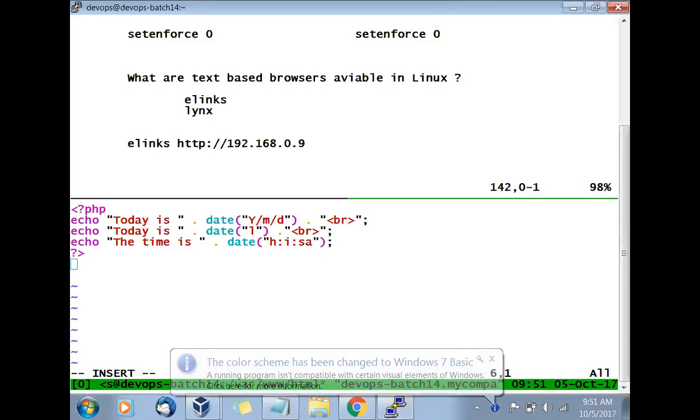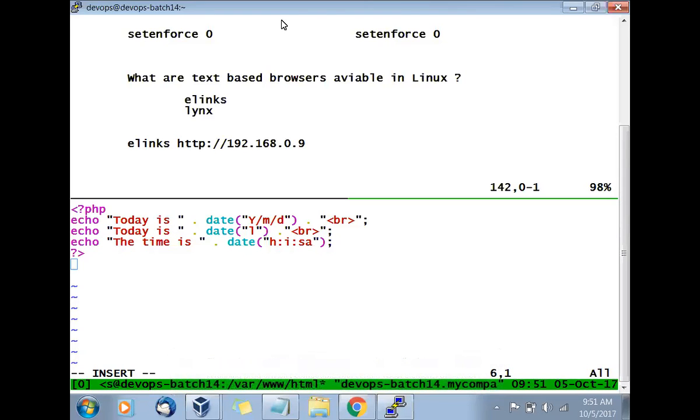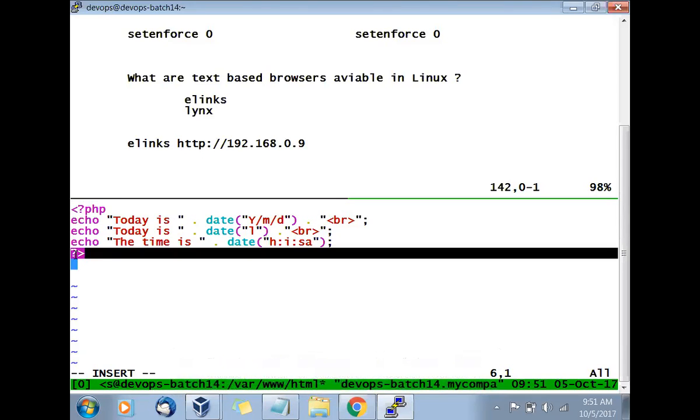With the dynamic page, we have created a sample.php file, and in that sample.php we have written some 3 lines. Always your PHP code starts with angle bracket question mark PHP and closes with a question mark and angle bracket. So between those 2 lines you have to put all the stuff there. Okay, so I'll save that.